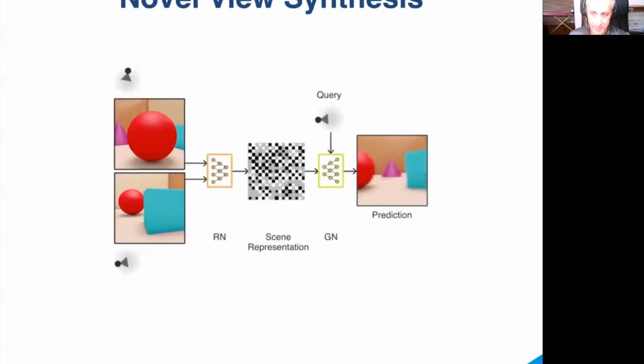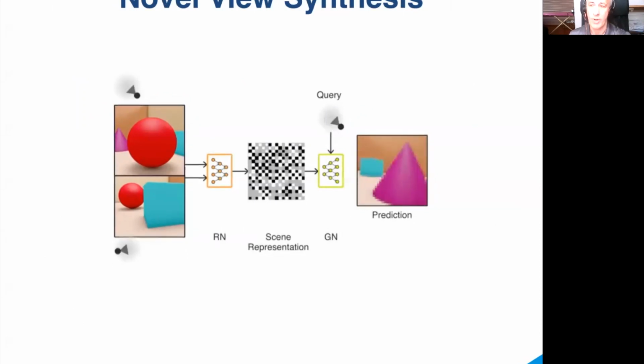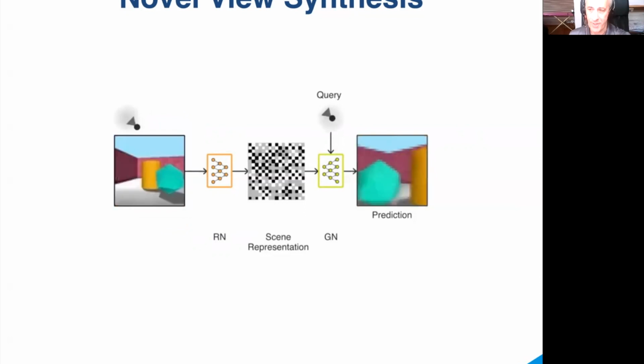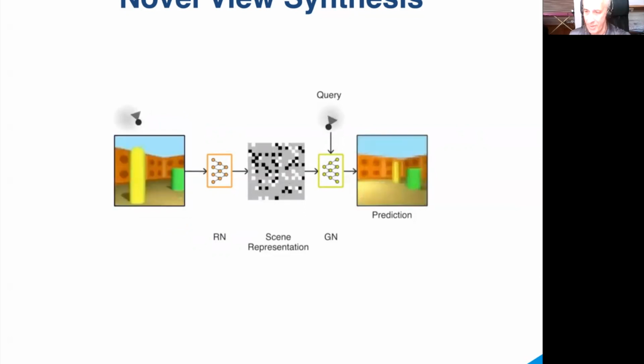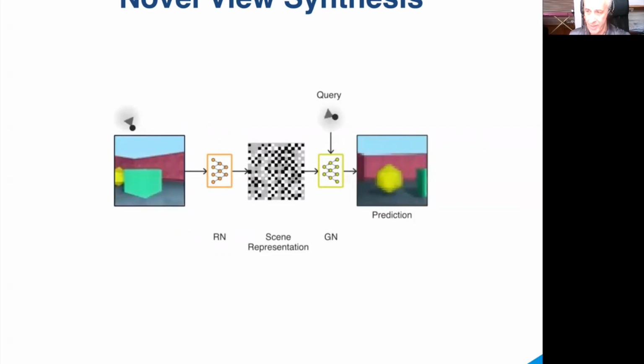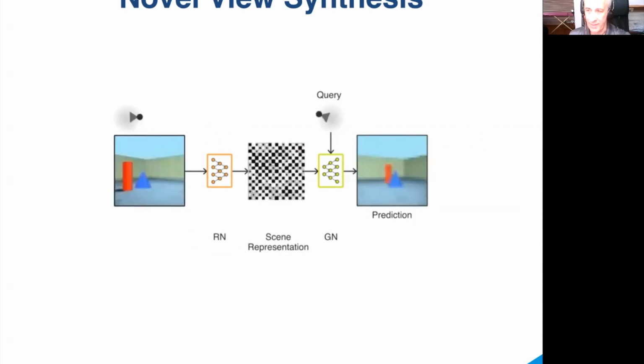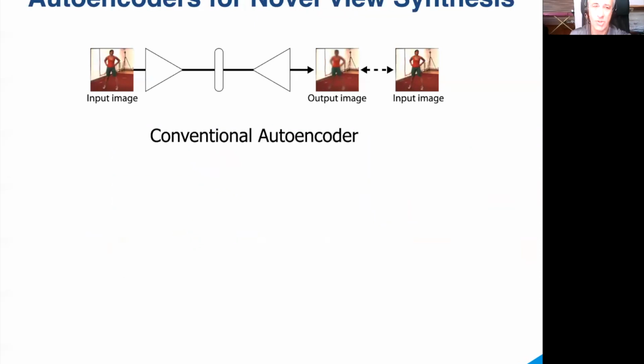The answer is yes, and we got our inspiration from the novel view synthesis work depicted in this animation. One can learn a scene representation that makes it possible to take as input an image and rotation vector and to resynthesize a rotated image. So, how can you do that?